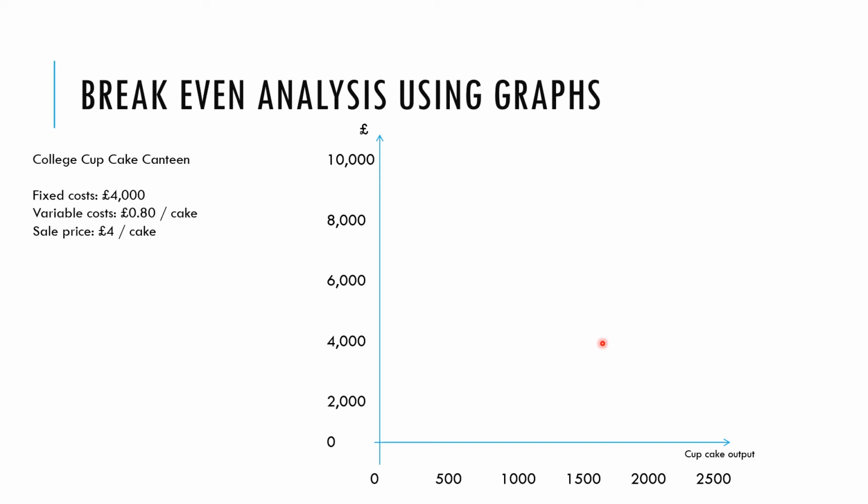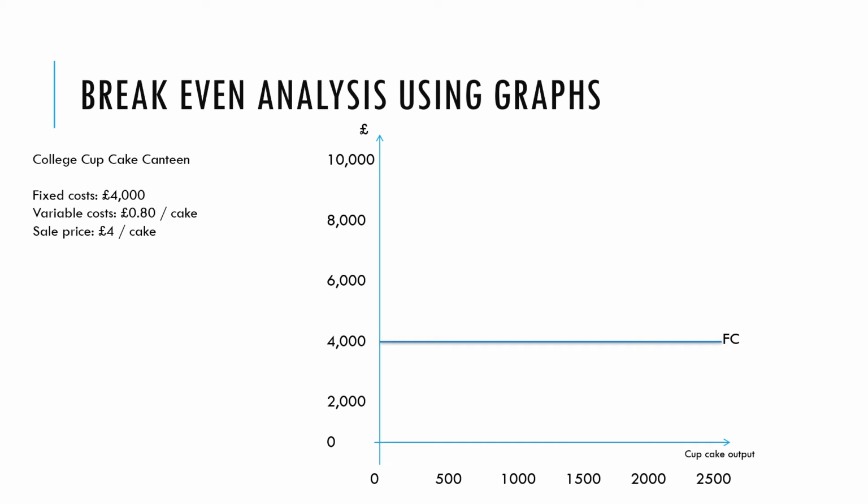The fixed costs are £4,000. So a line to indicate that would look like this, a horizontal line which indicates the level of fixed cost we would be paying for any number of cupcakes we might produce. And so I would suggest in your notes that you sketch the assumptions and sketch this diagram as we build it up